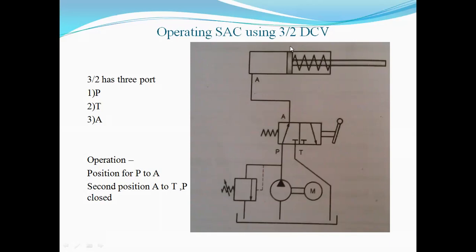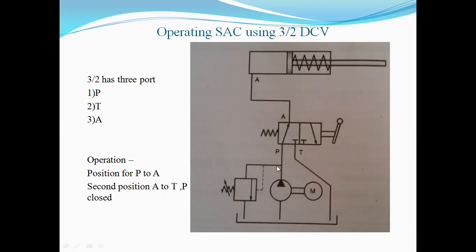Once the total forward stroke is completed, the oil stored at the cylinder end will generate excessive pressure as the cylinder can't move further. So that's why the back pressure is generated in the whole pressure line.